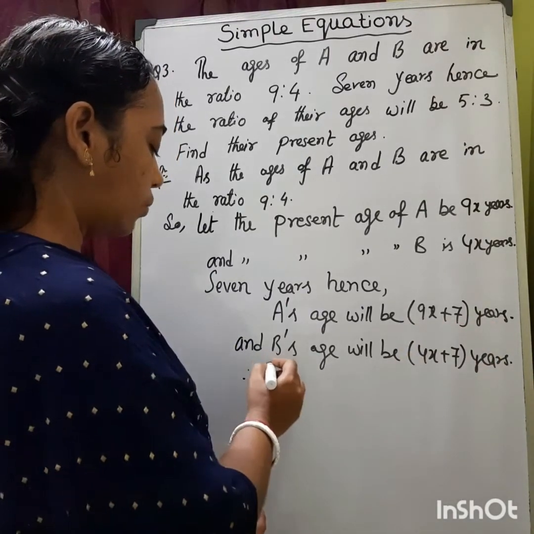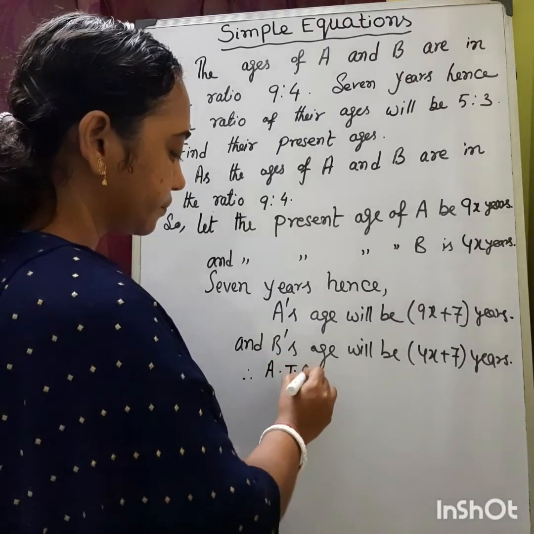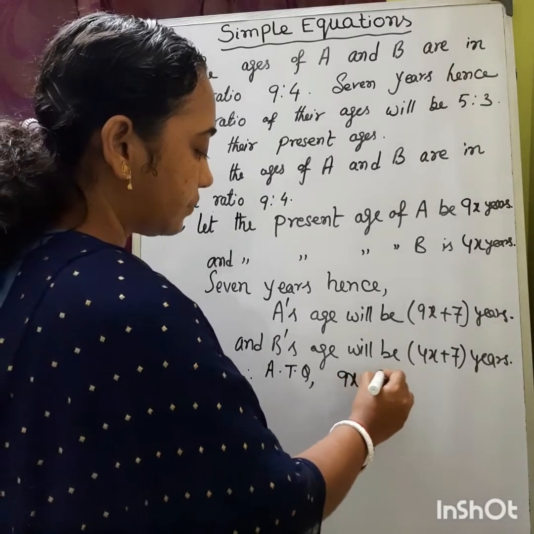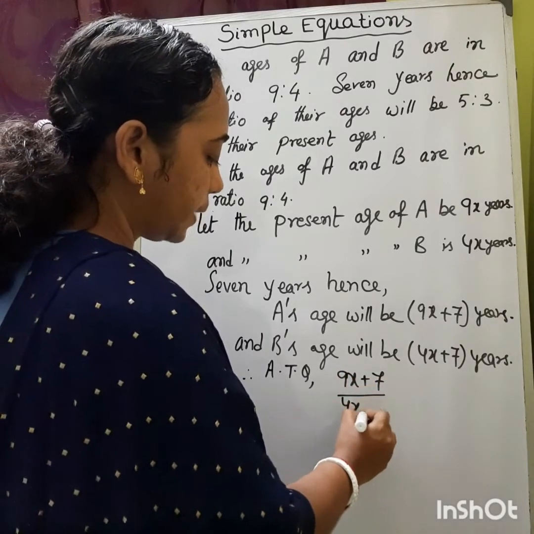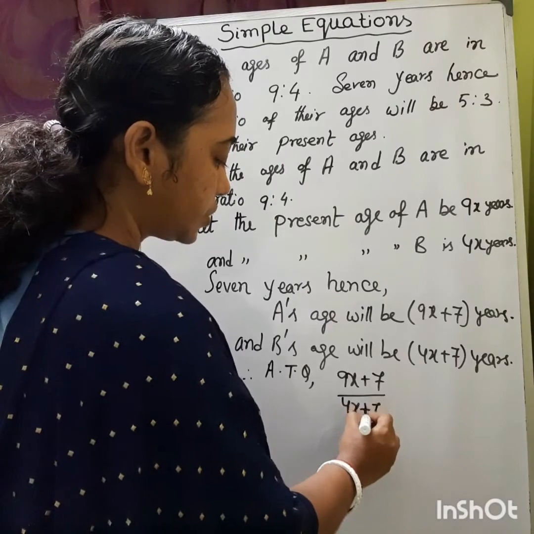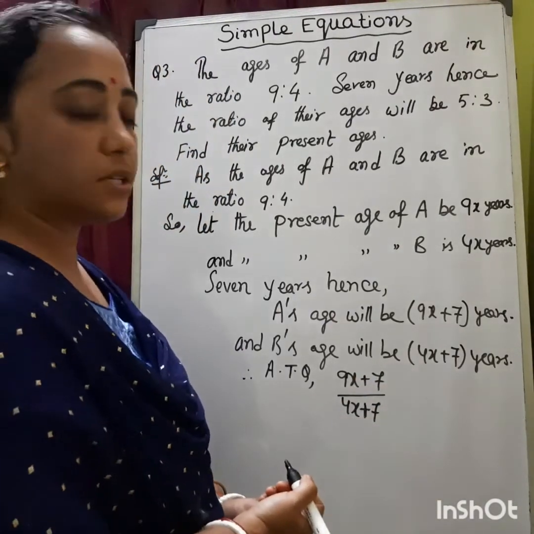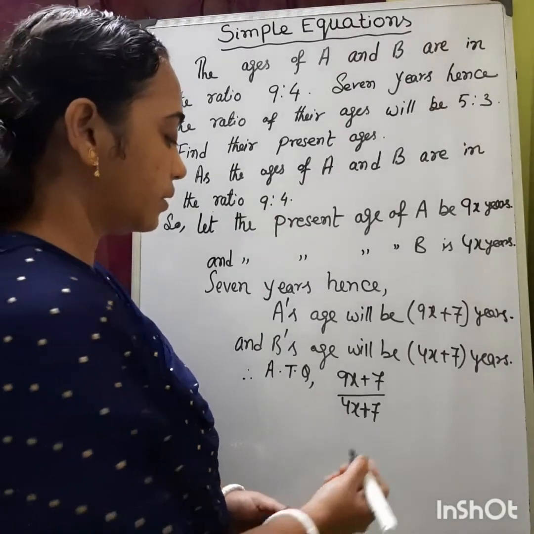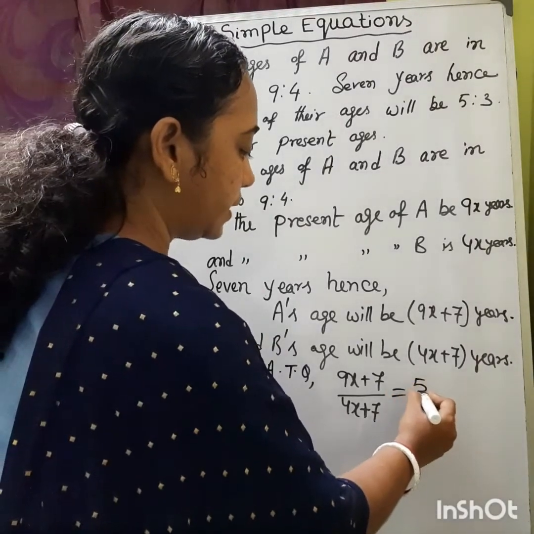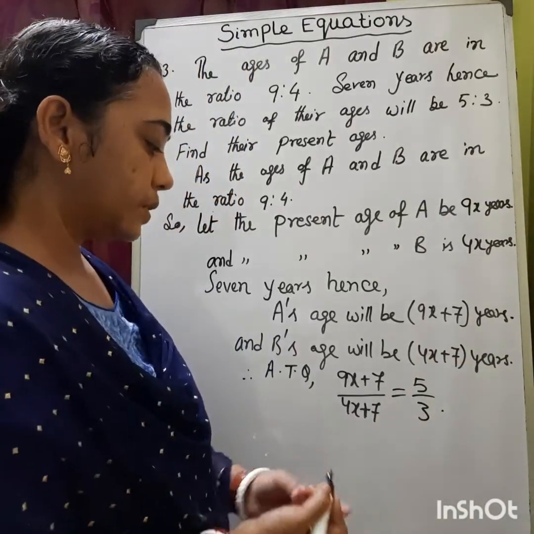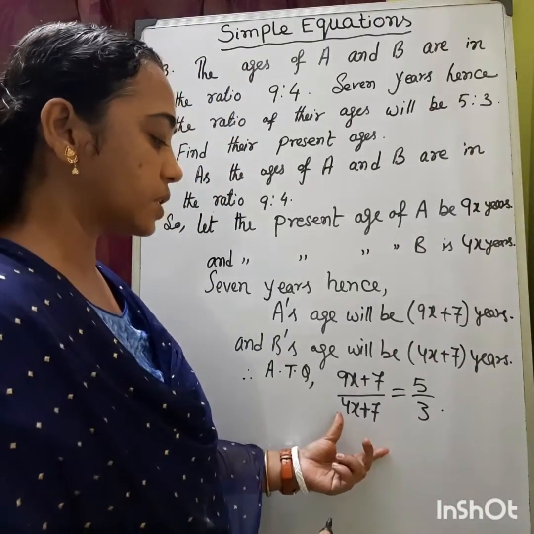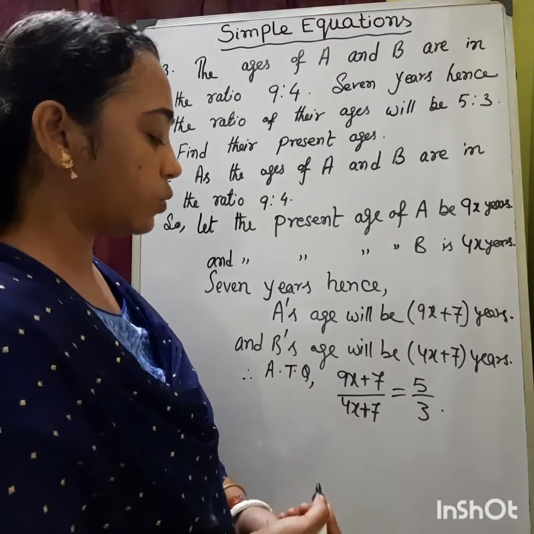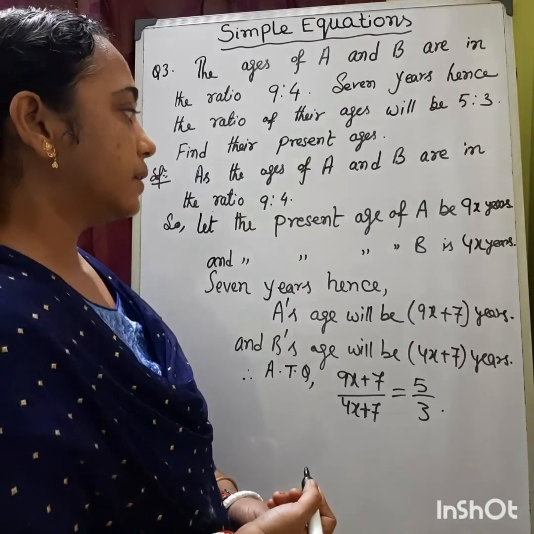So therefore, according to the given question, we have (9x plus 7) by (4x plus 7). This is the ratio of the ages of A and B after 7 years. And their ratio is given as 5:3, that is 5 by 3. Now here we are getting an equation. So an equation is formed. Now solving this equation, that means if we get the value of x, we can easily get the present age